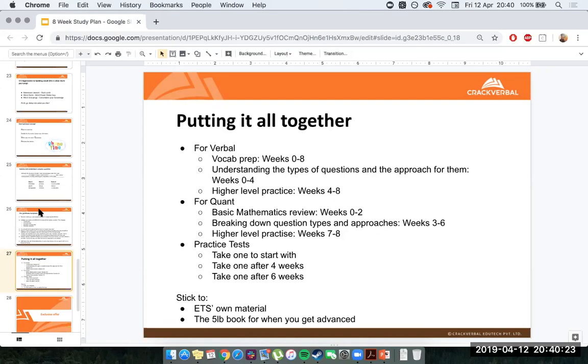Now, the last thing that I'd spoken about when I said what needs to be addressed in your approach to building a study plan is that you do also need to think about practice tests. Practice tests give you a good opportunity to, one, understand how your time management will work for the test itself. Two, get you acquainted with solving questions in that pressure cooker situation and building the stamina that you need in order to do it. Three, give you a rough prediction of where you're at in your prep. Tells you a bit about your strengths and weaknesses.